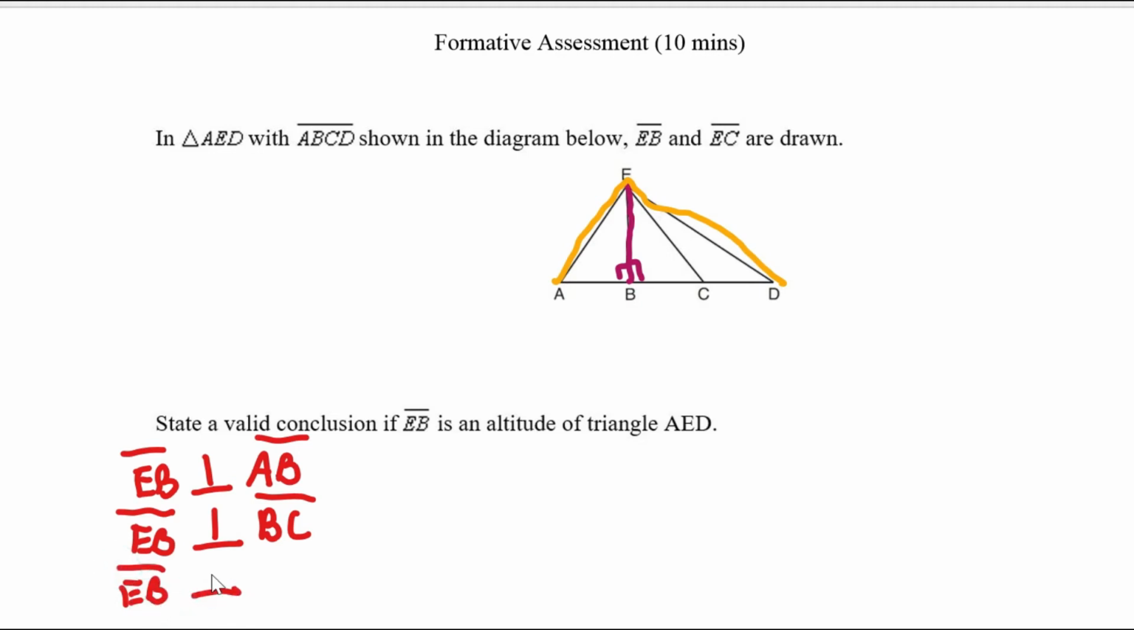EB can be perpendicular to AD. That could also be an answer choice because it forms that 90-degree angle. Because remember the definition of altitude, it forms 90-degree angles. Or if you want to go with the angle standpoint,